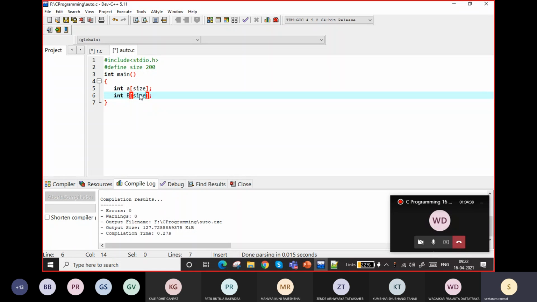Capital is not important. You can use small letters also, but people generally use capitals to understand that this is a preprocessor. So this will be replaced there.